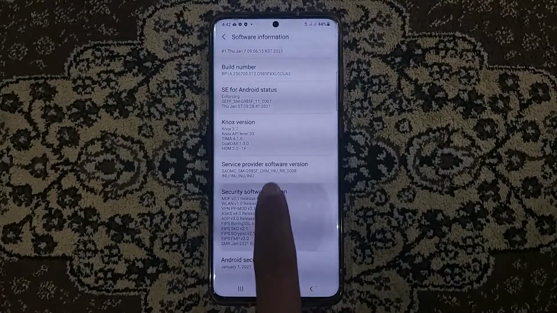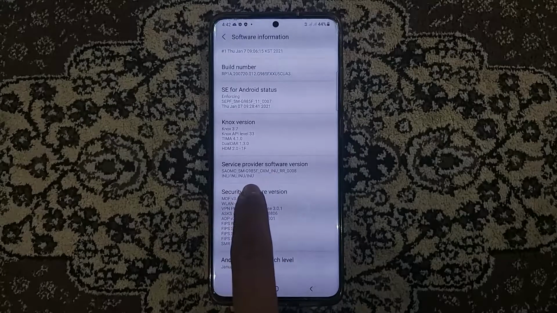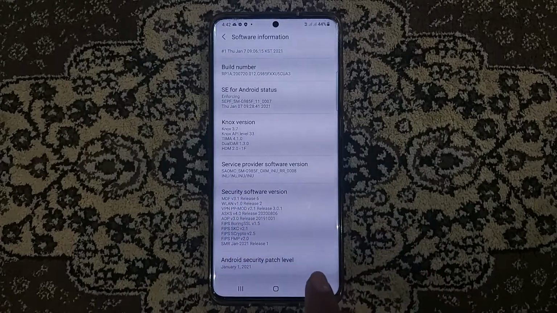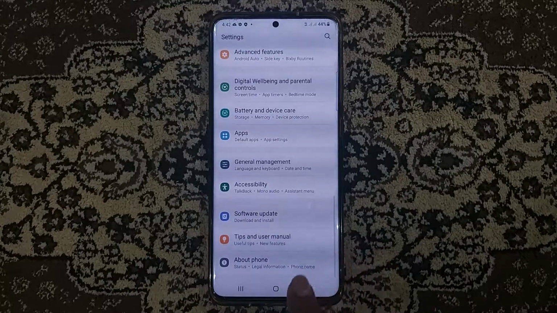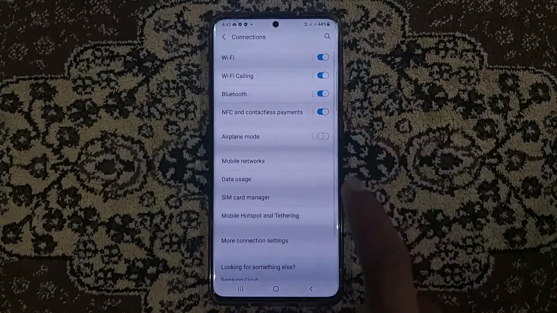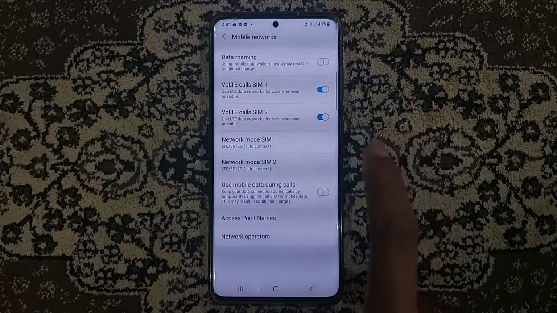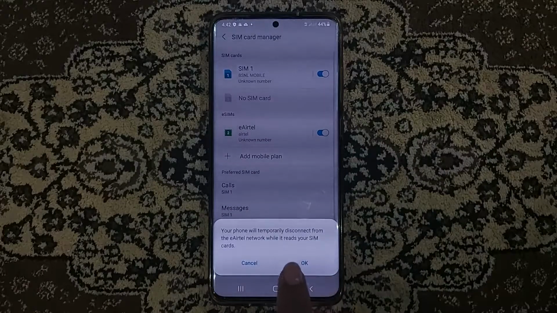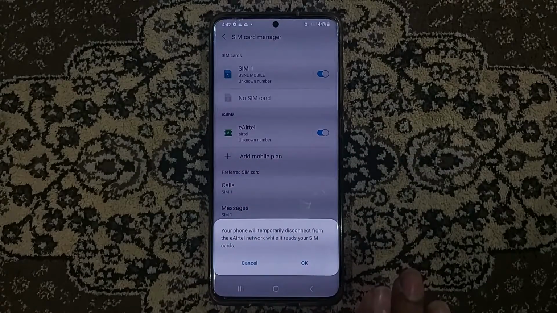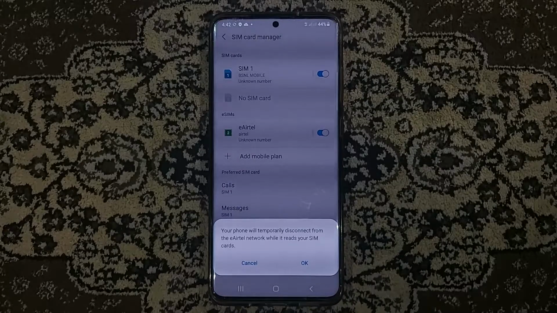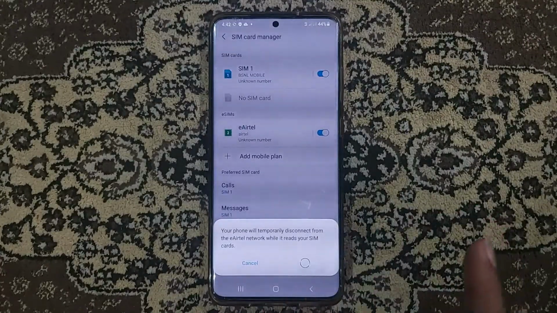As you can see, there is INU. So I'm back to Indian CSC, and let me see if eSIM is available. Okay, as you can see, eSIM is available in Indian CSC. I don't know how, but mostly because of the January patch, I think Samsung has given the option for eSIM.